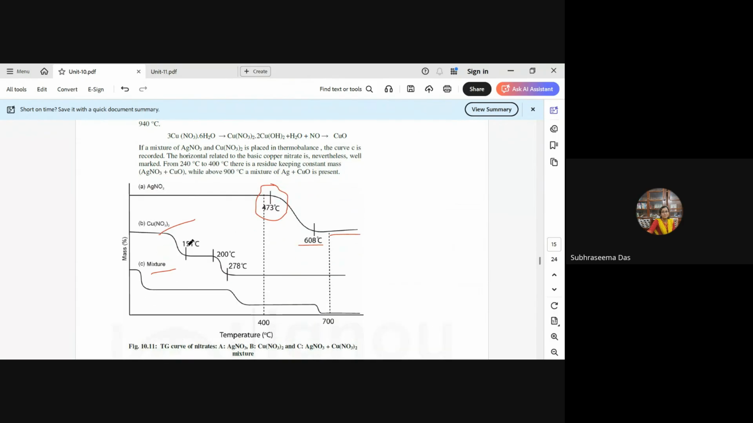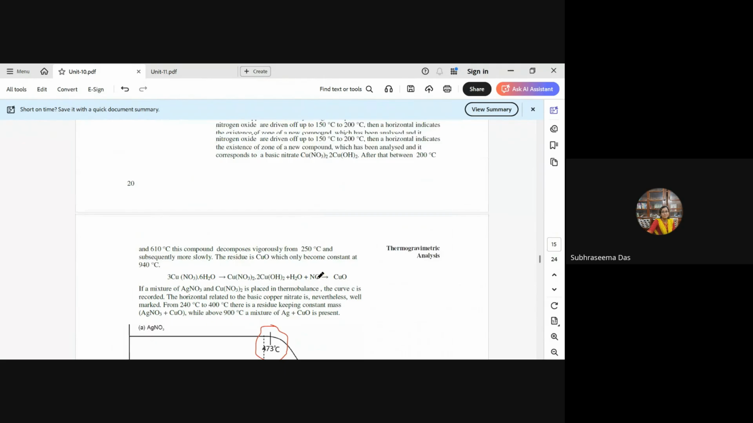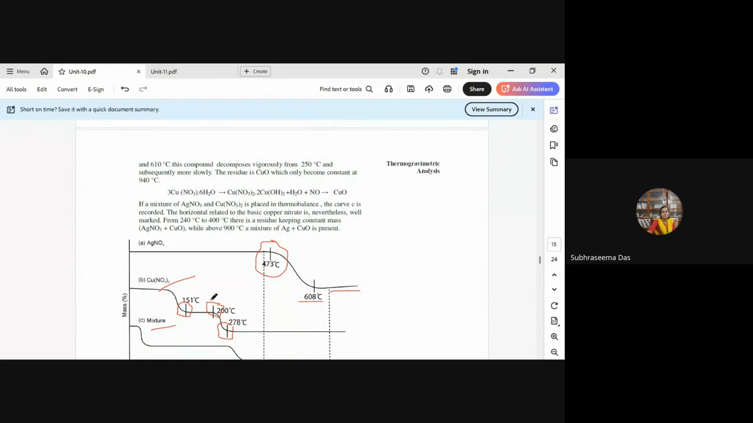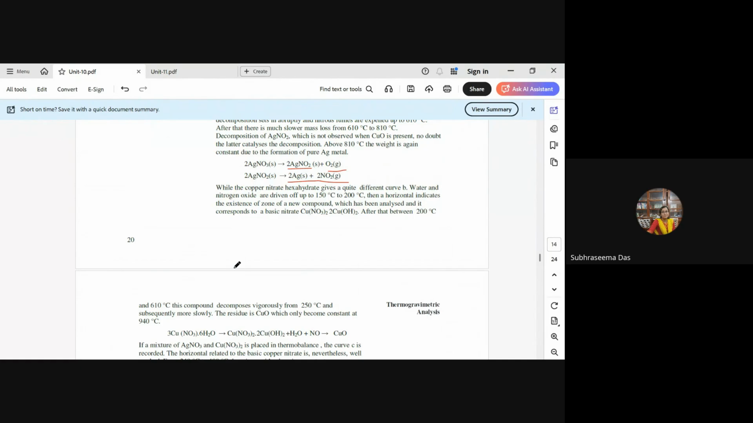So here we see there are three temperatures that have been marked for this reaction: 151, 200 and 278. So where do these three temperatures occur? The first is up to 100 degrees centigrade, where there is no mass loss. Beyond that, after 100 degrees centigrade, from 150 to 200 degrees centigrade, it is due to